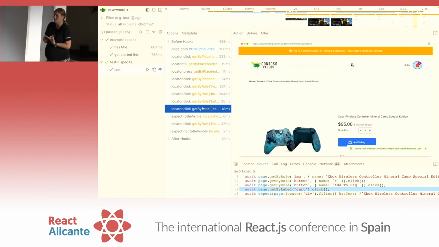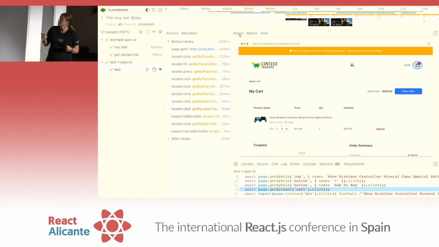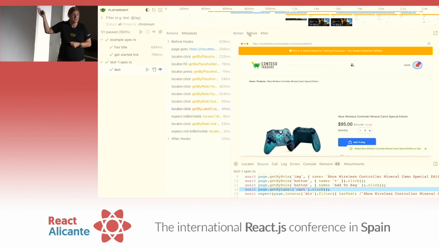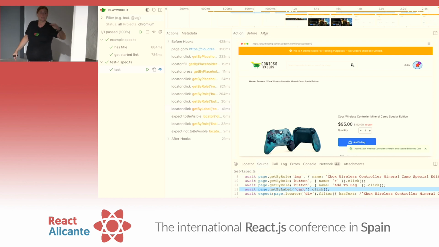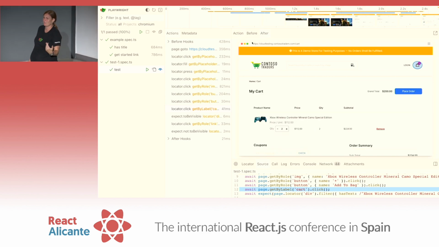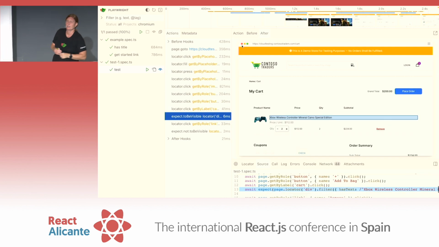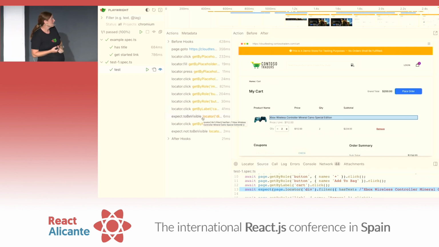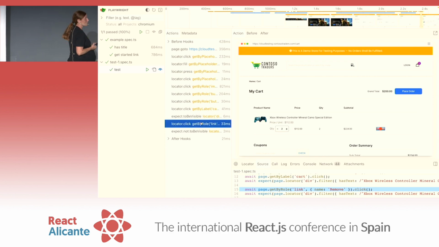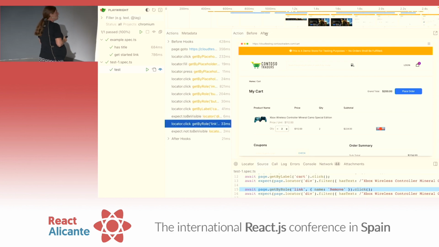In the space of not even 15 minutes, we've written a test, we've debugged a test, and we've shown it to the product manager: this is what we're testing, in case they say you're forgetting to add this to the user flow, etc. So this is a really, really nice experience, and anyone can play along with this. So make sure you check this out and run UI mode.